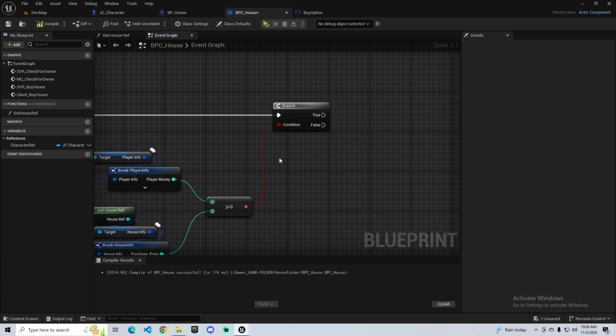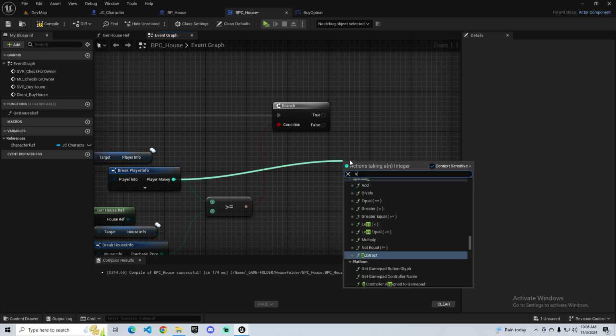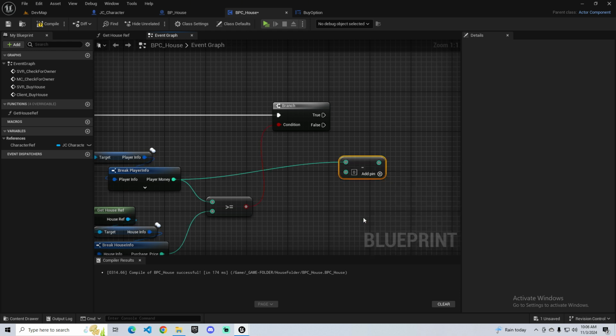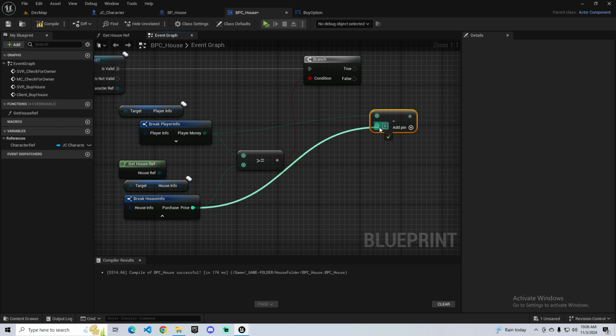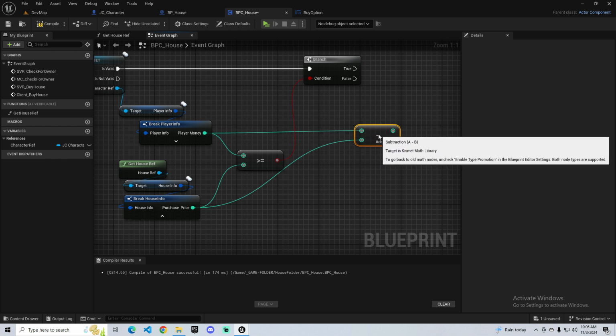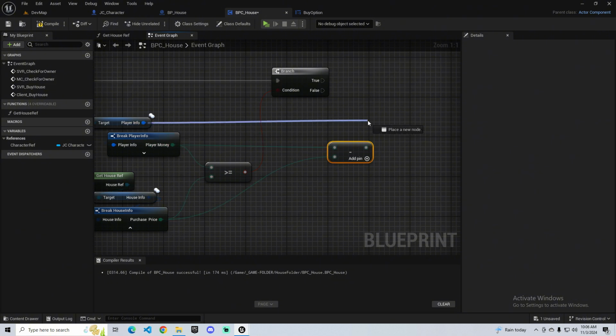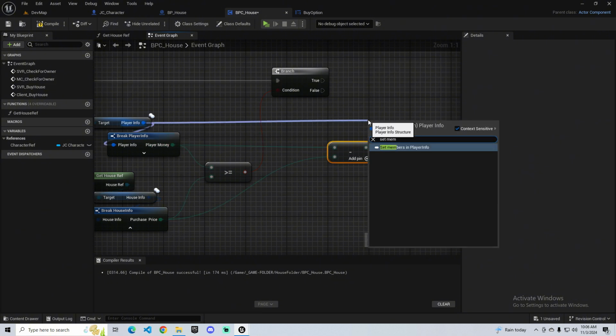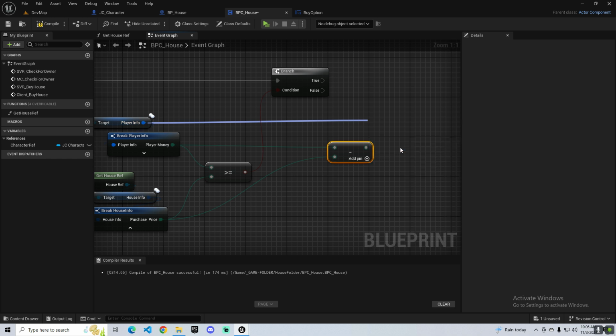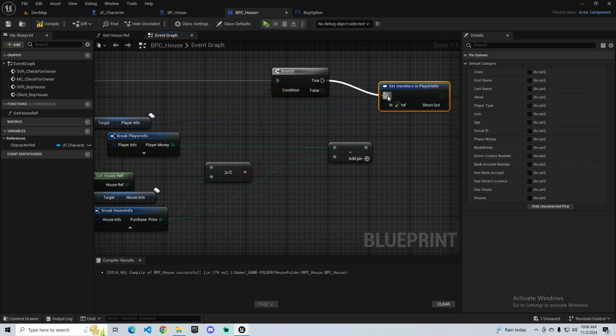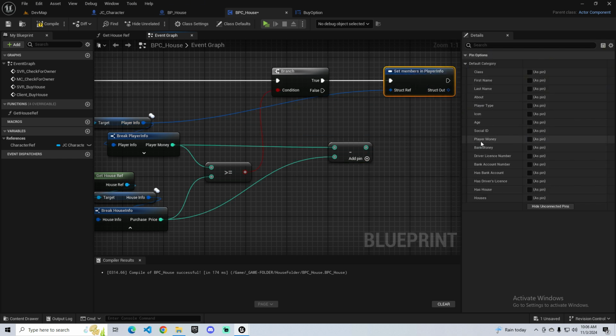So what we're going to do, we're going to get player's money. We're going to subtract the house cost from the player's money. Okay, and then we're also going to set members, because we want to set the new value, the player's money, to the new value. Okay, so player money,